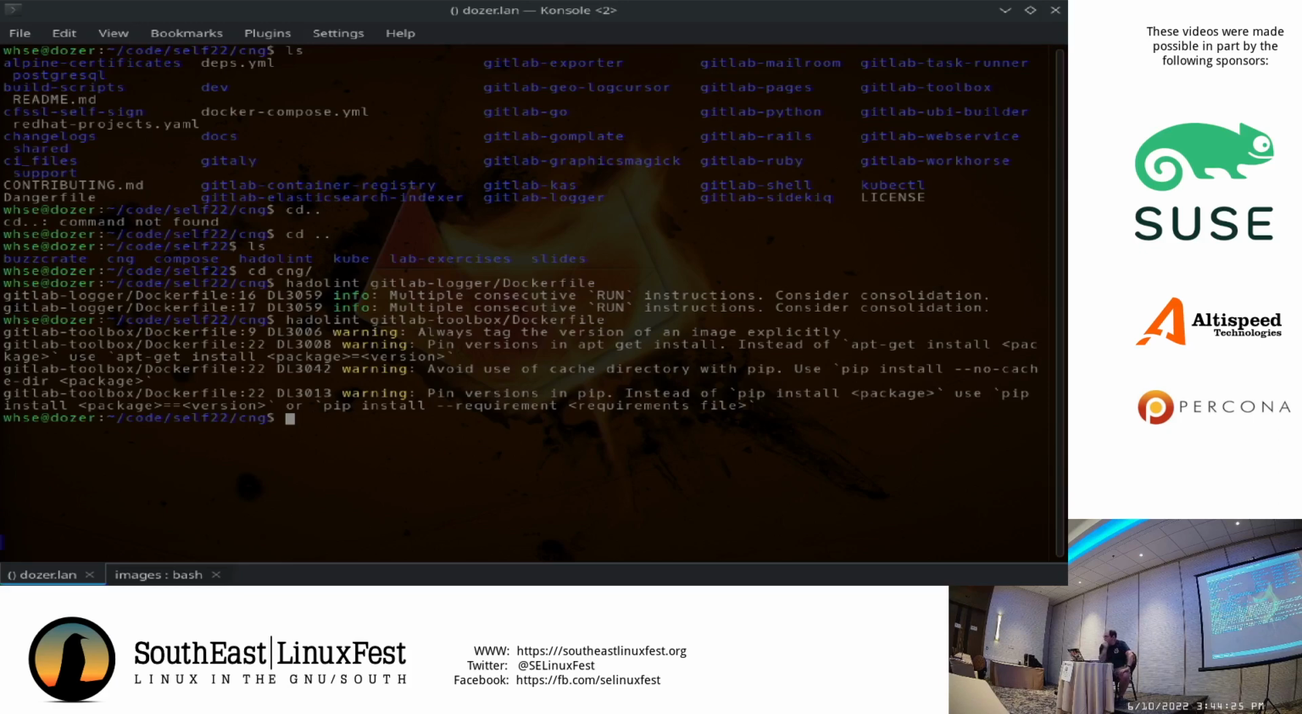Right? Use trusted repositories, use signed repositories, and when appropriate, pin your versions. That's what that warning means. Avoid the use of cache directory with pip. That's cute because it specifically caught that I'm using Python to install Python packages, and it's saying don't use cache,